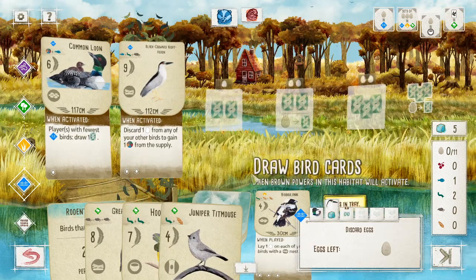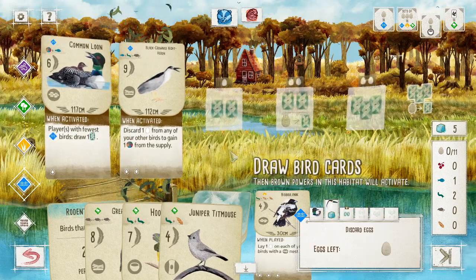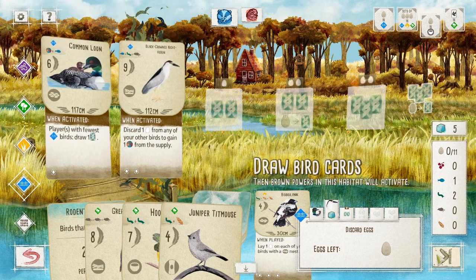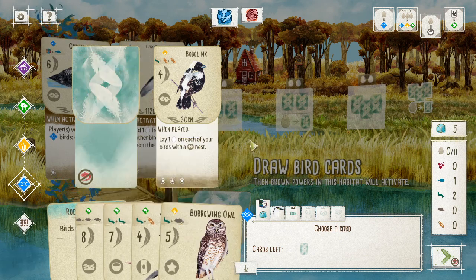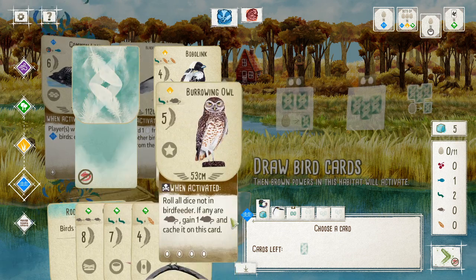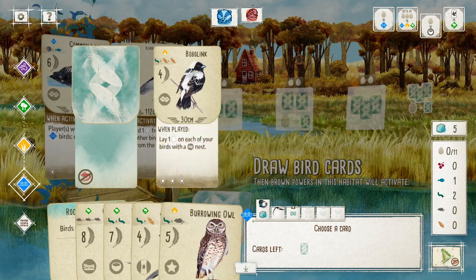Okay, there we go. Discard eggs. I can't actually discard eggs, because I didn't put down any other eggs, though. That was the last one. Okay, well, draw another card then. You know what, I'm just gonna get something from the face down pile. Oh, Burrowing Owl. Roll all dice not in bird feeder. If any are rodents, gain 1 rodent and cash it on this card. Okay, so I have...